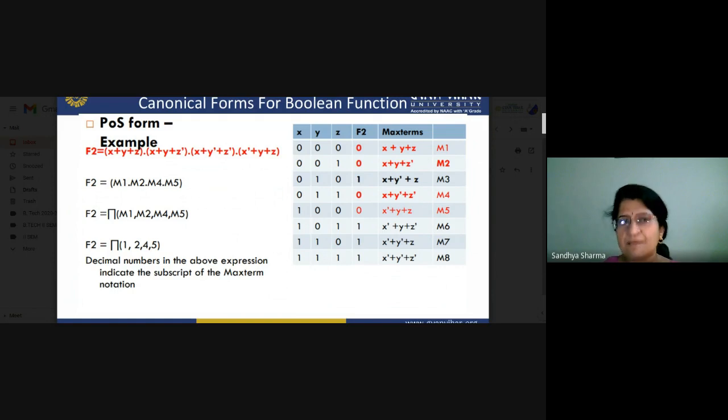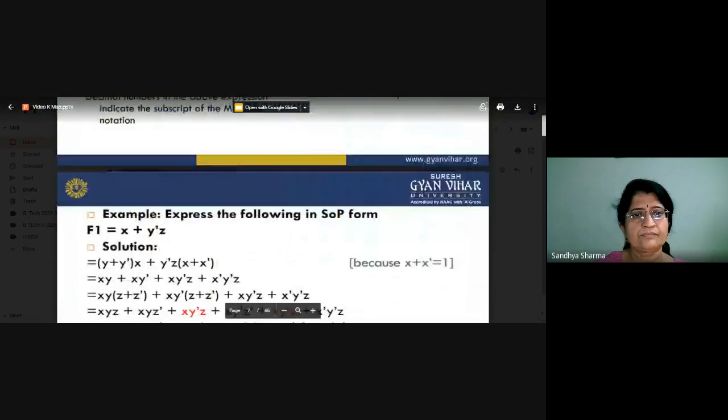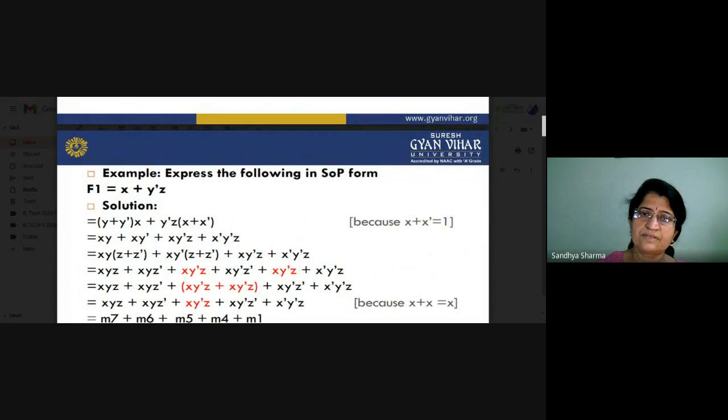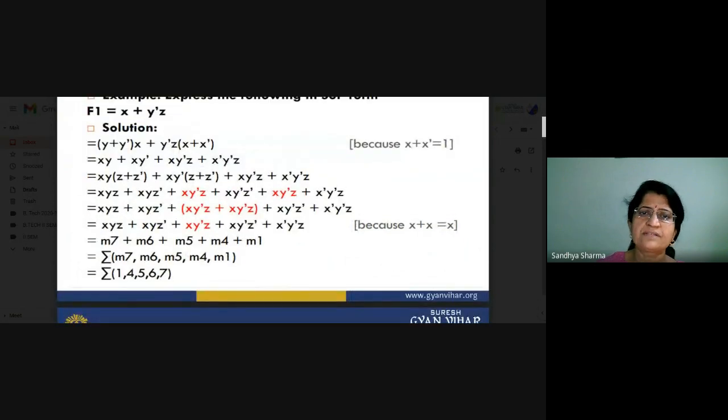So sometimes K map is also represented in this way. K map is used for both product of sum and sum of product. So these are the two methods through which we can express our Boolean functions, and we use these representations in our K mapping. So before starting the K map method, first of all we have to learn about these things. So now we will move to the examples.